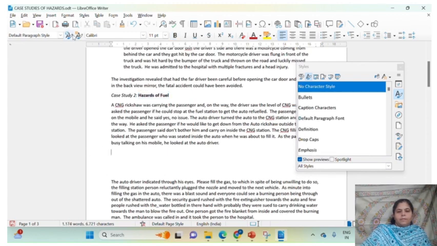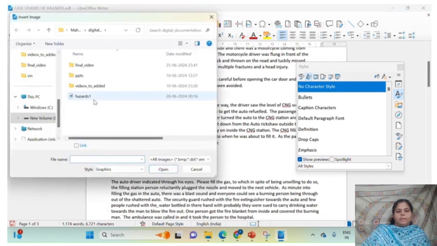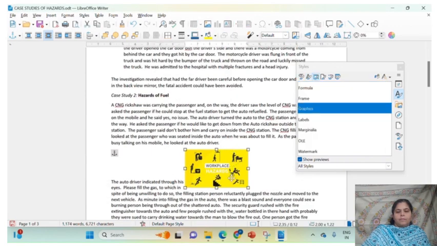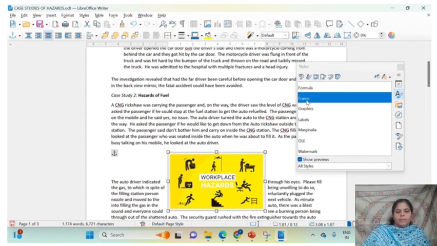I'll be placing the cursor and then shall be clicking on insert, then image. This is the image I'm having and I shall be inserting it in the document at the appropriate place. So this image has been inserted. So now I'll be selecting the image, going on the frame style action button and double clicking on frame by default.